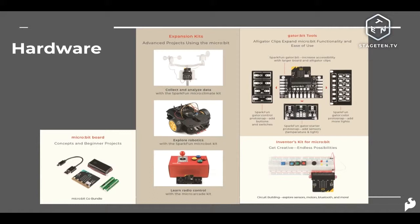So some of the hardware that we offer is an ecosystem of different products around this in the form of carrier boards. And you'll see a number of them today, both in terms of expansion kits, but we also sell the boards by themselves. So if you want to build your own robot and not use our chassis, or you already have a robotics chassis, but you just want to program it with the micro:bit, you can buy the RoboBit by itself. And we're also going to show off a number of Gator tools today, a little bit of a preview of some upcoming products. But we just wanted to show you the scale of starting from the micro:bit itself all the way up to doing some pretty technically competent things in very specific application points. So with that,